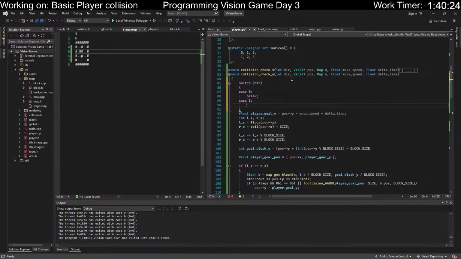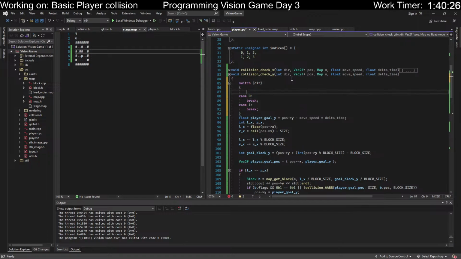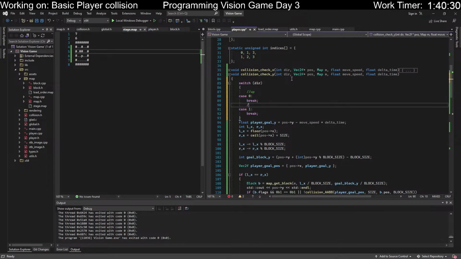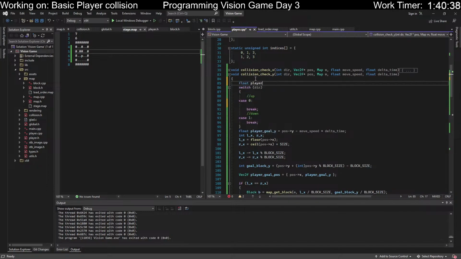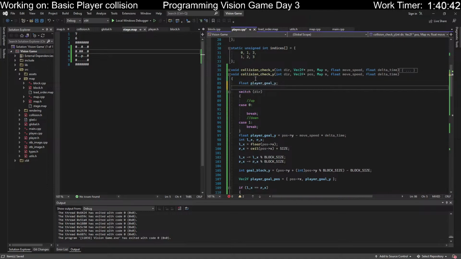Case of 1, break. So this will be up. This will be down. And if we're going up, we're gonna need all these floats to play. Float, player, goal, underscore Y, and that's it for floats. And so we're gonna need L underscore X, R underscore X and goal block